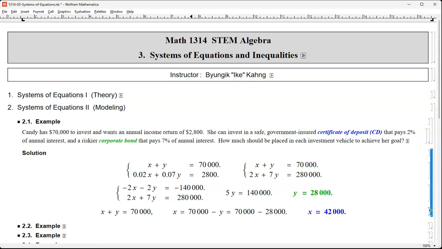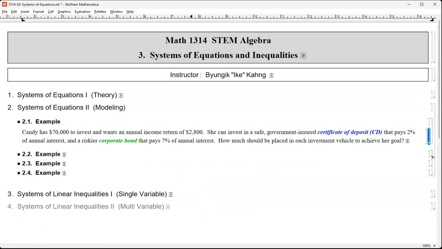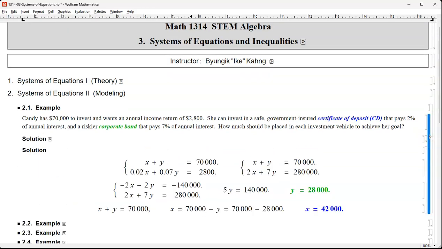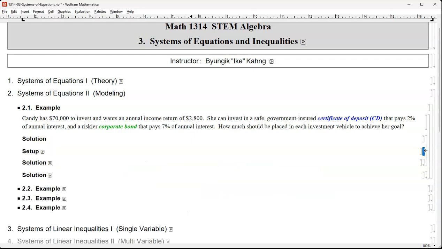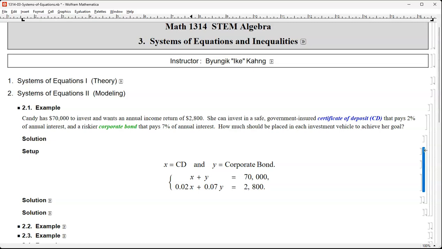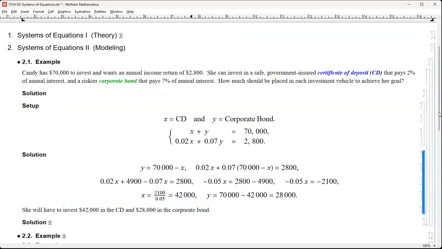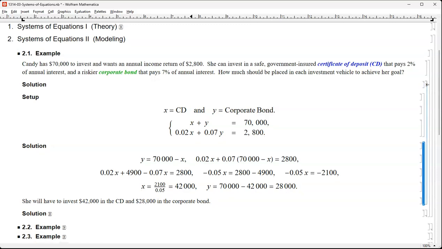Are you satisfied? Let's see, what did I do in my answer key here? Okay, in my answer key we have the solution. First the setup, yeah, exactly the same setup. And then for the solution, okay, I use the method of substitution. But